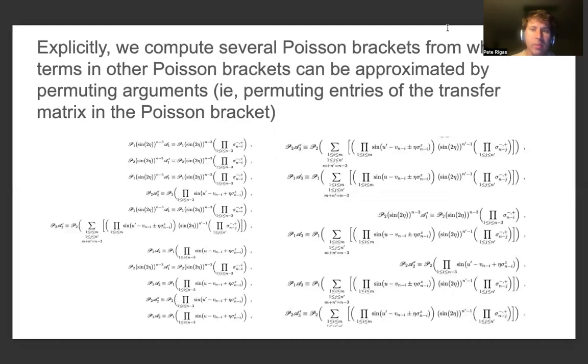And so explicitly, we compute several Poisson brackets from which terms in other Poisson brackets can be approximated by permuting arguments, i.e. by permuting entries of the transfer matrix in the Poisson bracket. And this is just given by some of the expressions which I directly copied from my paper. And I'm going to spend a little bit of time just talking about where these different presentations or these different